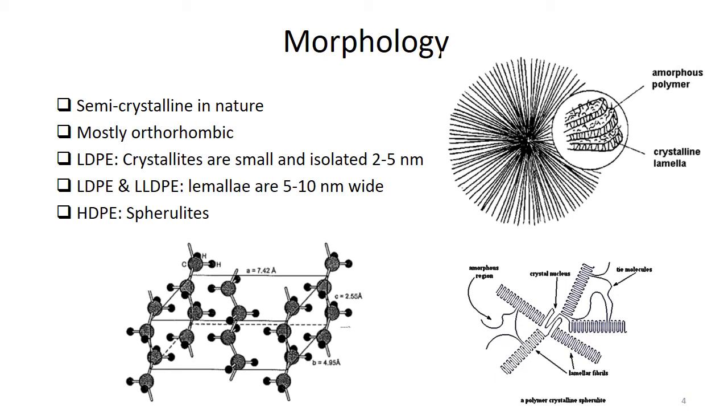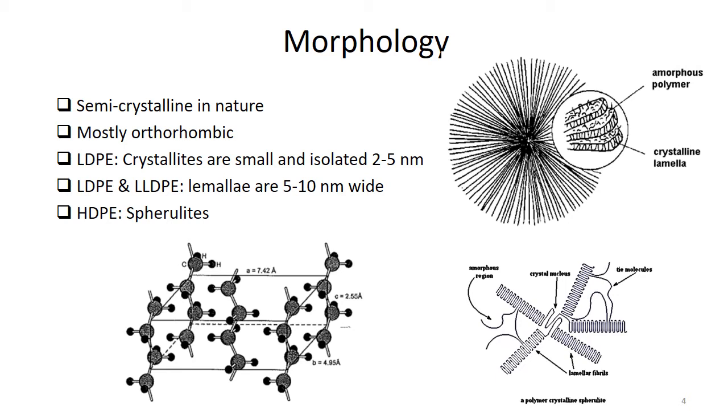When we talk about the modest level of crystallinity, that is the medium level, typical of low density and linear low density polyethylene, crystallites can go up to the lamellar form. As you can see in the diagram here, the lamellae are basically a polymer. If you read the first diagram, it is about a spherulite.